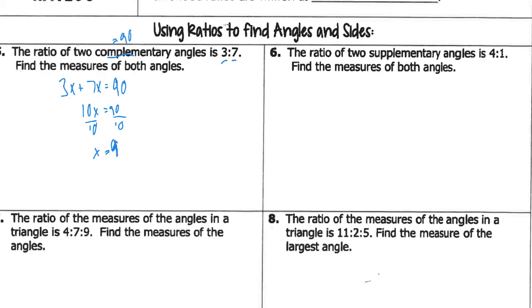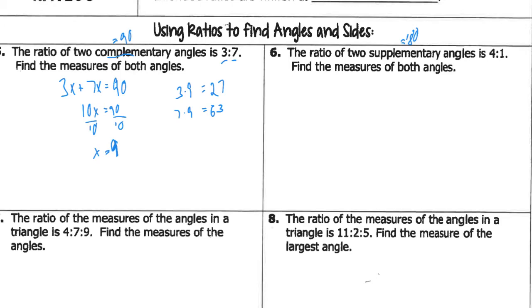So that says that if I multiply 3 by 9 and 7 by 9, then we will get to their original measures. So 3 times 9, we have 27. And the 7 times 9, we have 63. And if we check, if we add up 27 plus 63, sure enough, we get back to 90. So that means we're on the right track. Okay, the next one is very, very much the same, except it equals 180. So you just say 4x plus 1x equals 180 and find the measures the same way we found the measures